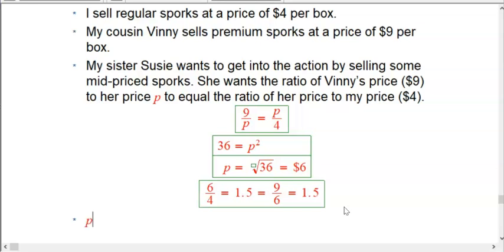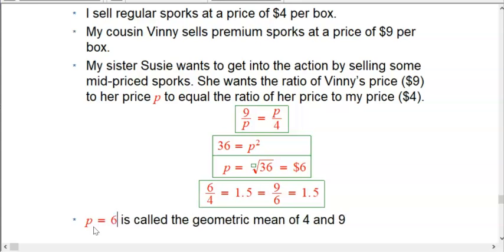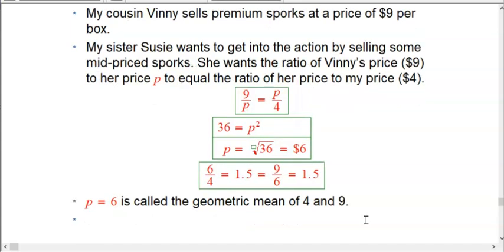So P here is called the geometric mean of 4 and 9, or P equals 6 here. And we'll do the master formula in a second. It's going to be rather similar to what we saw before. And it's called geometric because these ratios will often come from geometry, because similar triangles lead to proportions, which often leads to this situation. And we're going to see in the next video how this comes specifically from proportions in right triangles and in other places. And so in general,